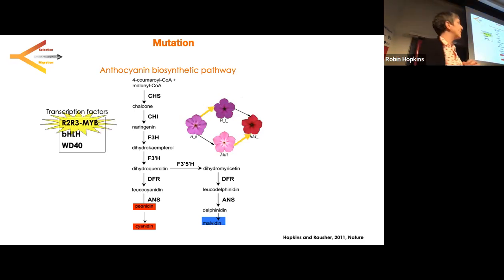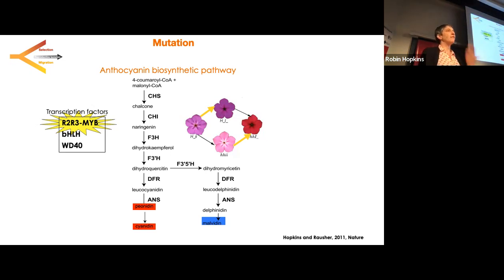So for light and dark, we found a perfect association with this transcription factor. This is an R2-R3 MYB transcription factor that is one allele in all the lights and one allele in all the darks in our F2 population. And what's cool, I mean, it makes perfect sense. In other plants, this type of transcription factor has been shown to regulate all the expression of the genes in those anthocyanin pathways. So sure, that could very well influence the amount of pigment that's being made.